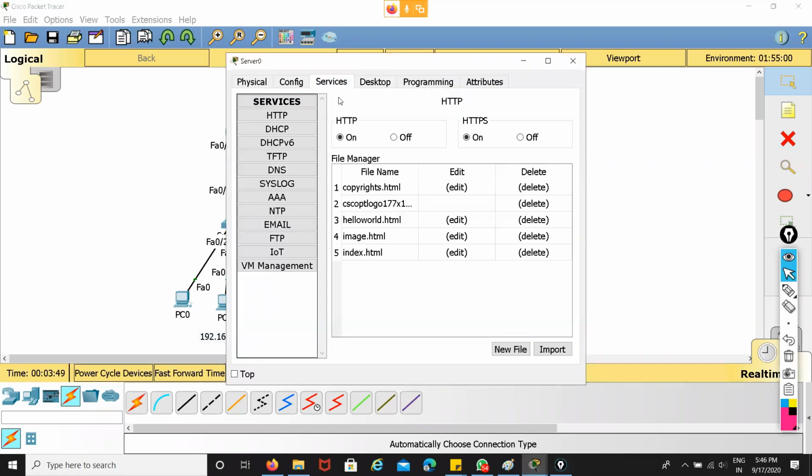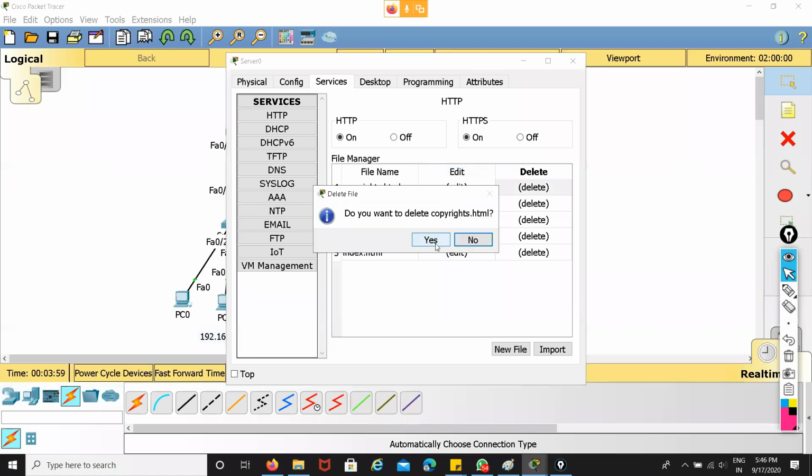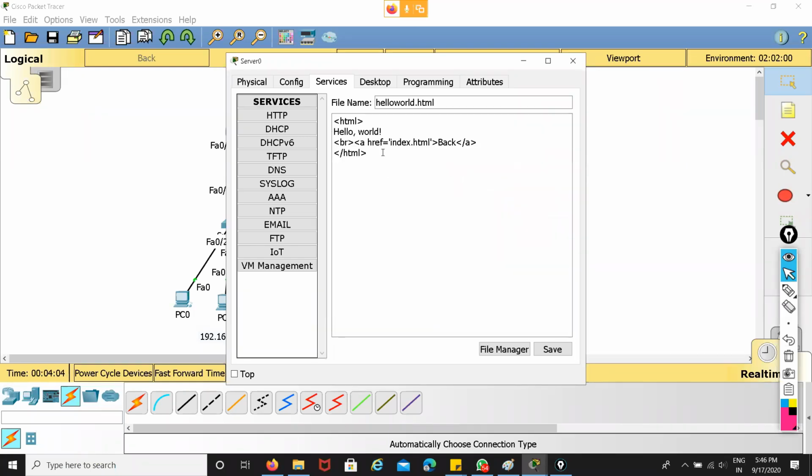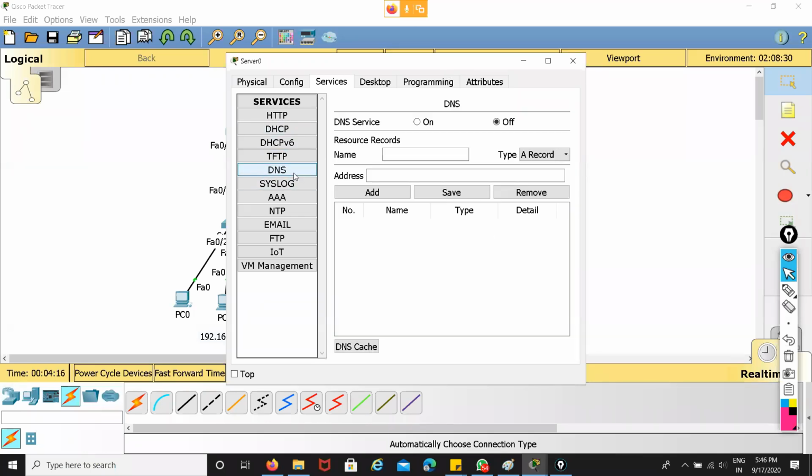So to activate it, I go to the services, and now you can see my HTTP and HTTPS services are enabled properly. I deleted some things, so I need to edit this. Hello world. Hello. This is Lakshmikant. Fine. So now you have to choose the DNS to activate it.